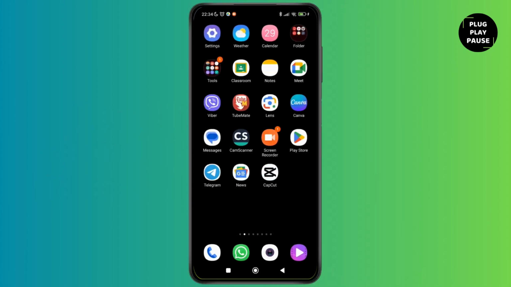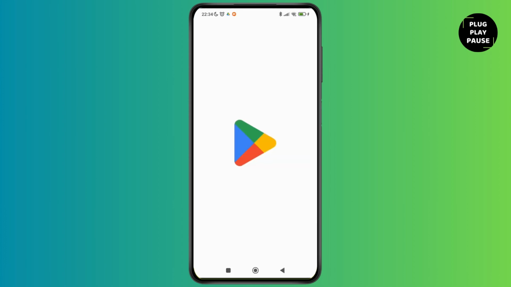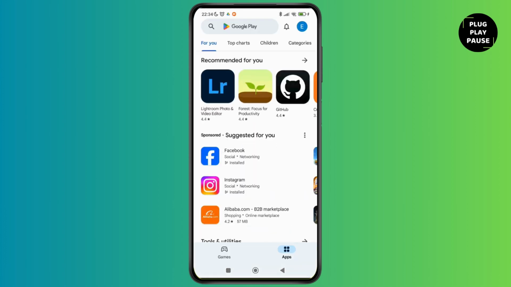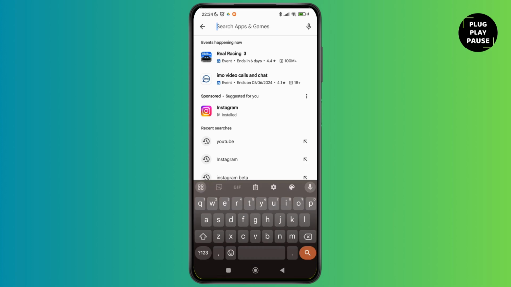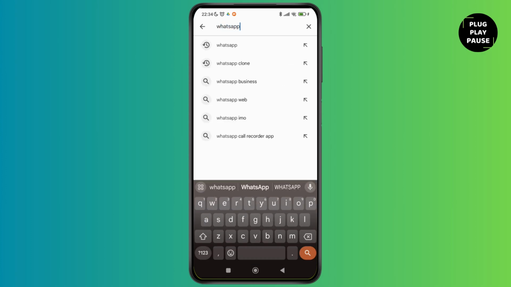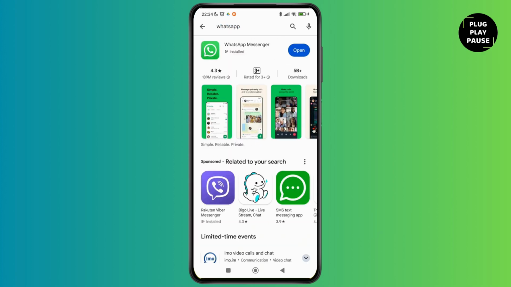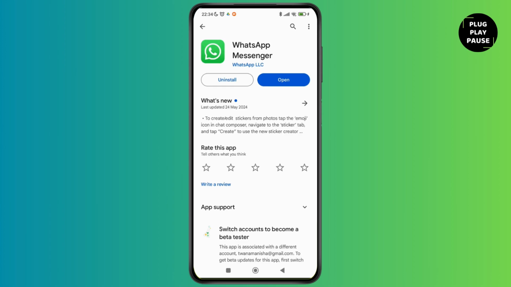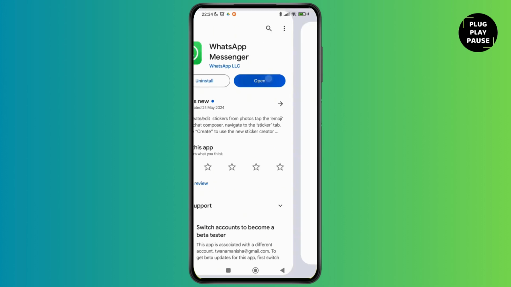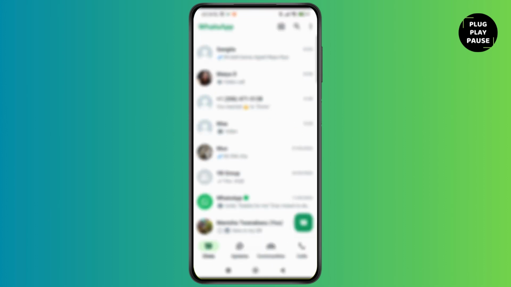Now first things first, make sure that your WhatsApp application is updated to its latest version. So I'm just going to go and search for WhatsApp on Play Store. Now as you can see, my app is updated and I don't have any option to update the application, so I'm just going to tap on open and it will lead me to the home page of the WhatsApp application